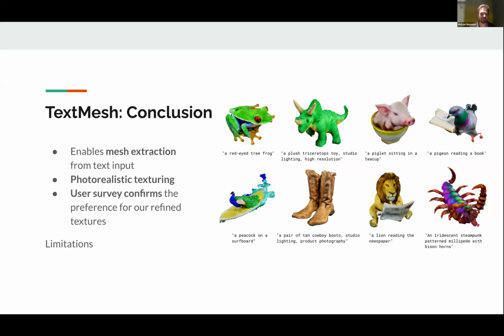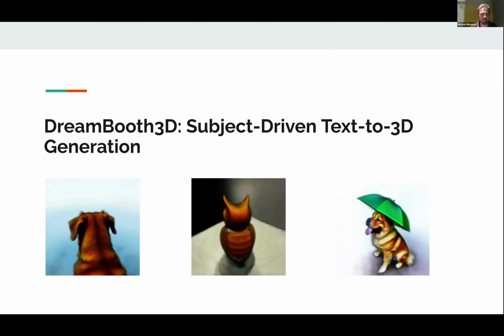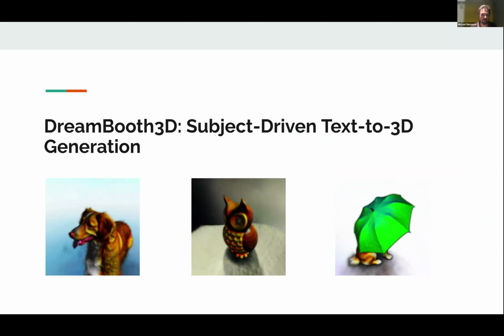How do you evaluate this and quantify this? There are metrics, but they are all not great. We ran user studies to test this in this case, but it's an open challenge. Other limitations are, of course, that it's object-centric, and you can only use text as input. So from the last point, that you can only use text as input, we have this work here, Dreambooth